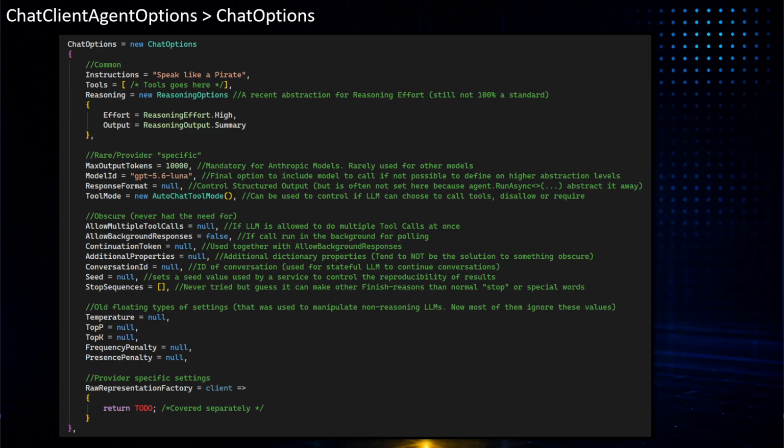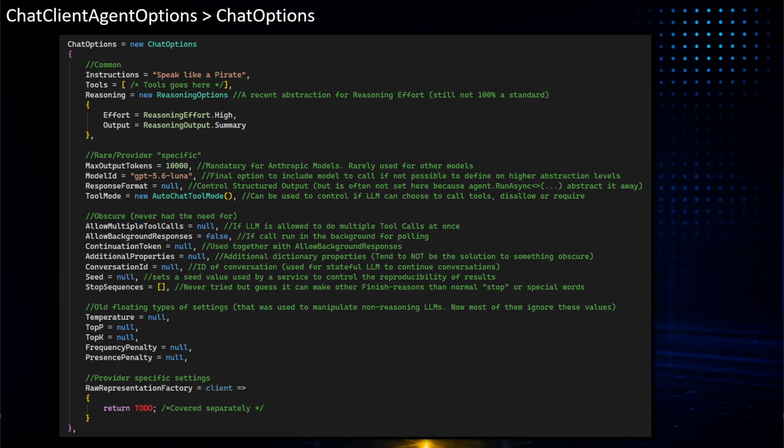Then you can see there's 5 settings here, all being of type float. I call them old settings now, because these are classic. One was temperature, where you set temperature to 0 to get more reliable responses, but it's all about non-reasoning LLMs.